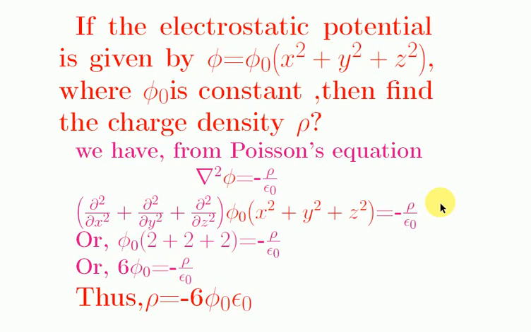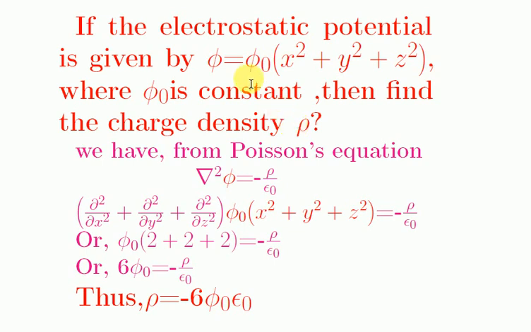Good morning. Today I would like to discuss a problem on Poisson's equation in electrostatics. So let us first see the problem and then we will try to solve this problem. Here the problem is, if the electrostatic potential is given by this equation where phi 0 is constant, then find the charge density rho. Here charge density is volume charge density,